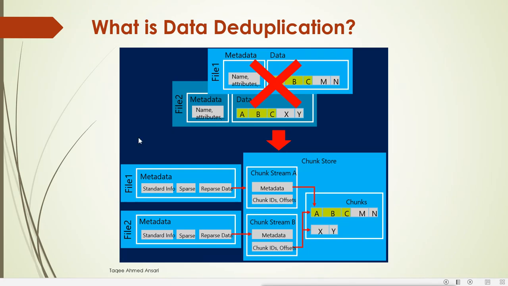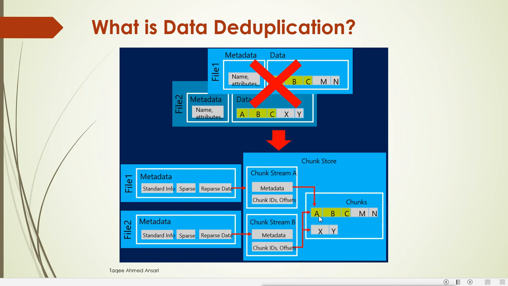So what it will do here is that file 1 and file 2 remain the same as far as the standard file information goes. In the chunk store, it will keep the metadata of that ABC, and it knows that ABC relates to chunk A and chunk B, and the different parts go into the chunk IDs and offsets.